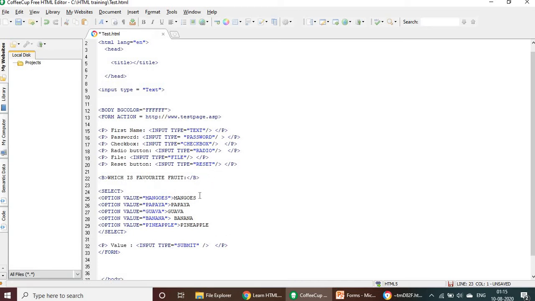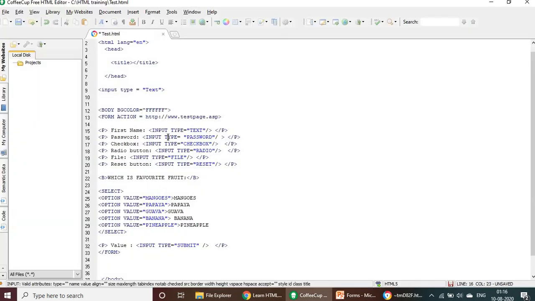And next, option, which is nothing but the drop down values. For that you need to use the select tag, open tag and end tag. Within that you need to mention option value 1, option value 2, option value 3, option value 4, something like that. You can create multiple options within this select, so it will be considered as the drop down select option.